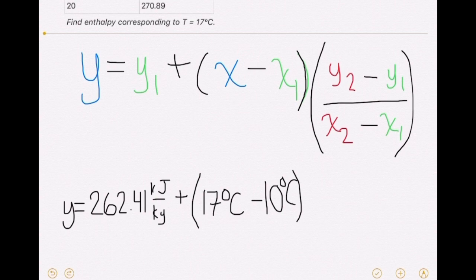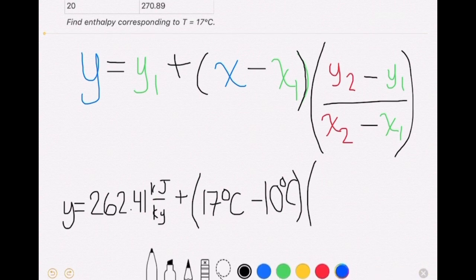Now we're going to do the slope, and y2 is going to be the second data point, which is 270.89